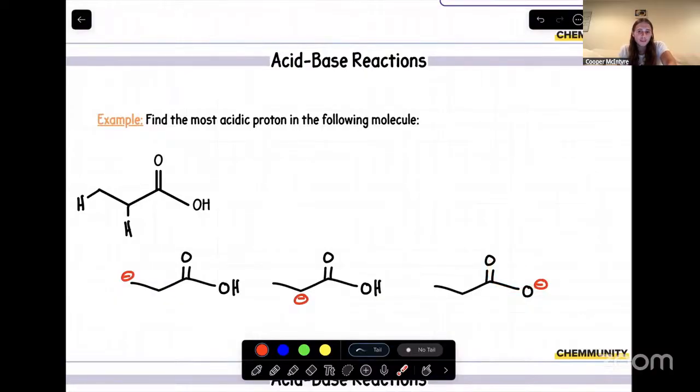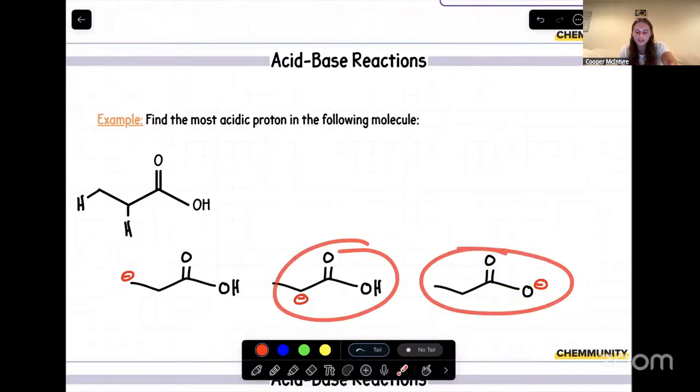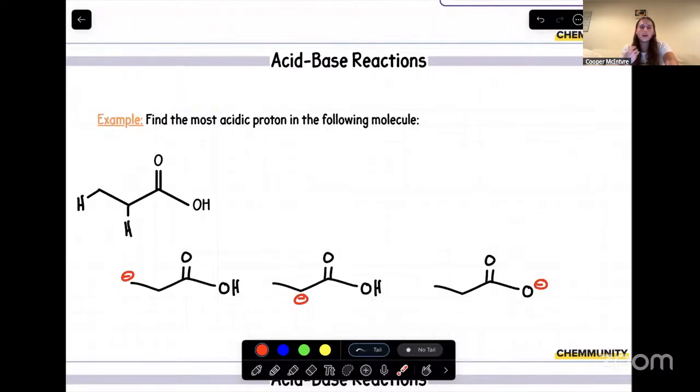Now, this is where it may seem tricky because both of these conjugate bases have resonance, but this is where us talking about atoms comes into play, talking about electronegativity, right? We want that negative charge to be on the most electronegative atom in this case. And we're kind of battling between a negative charge on oxygens, because yet again, both can undergo resonance, and then one on carbon. So since there was a negative charge on carbon in this case, as opposed to a negative charge on oxygen, in both resonance forms with this conjugate base, that will be more stable, meaning this proton will be the most acidic.